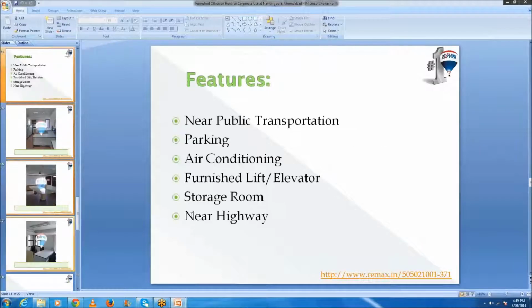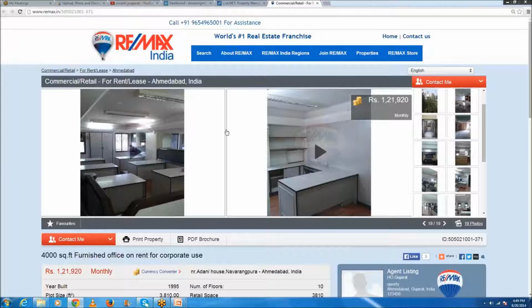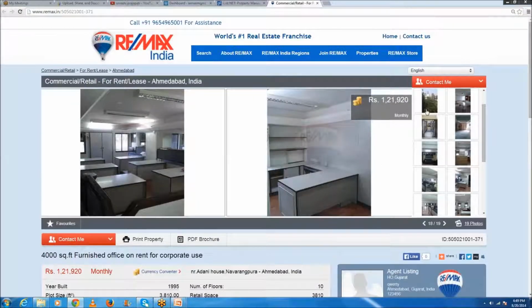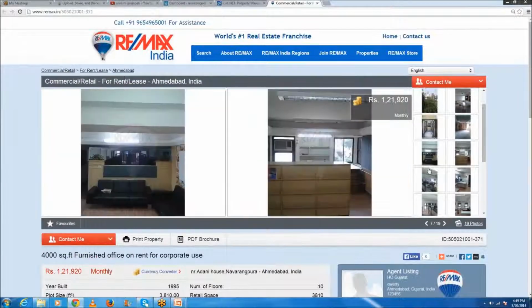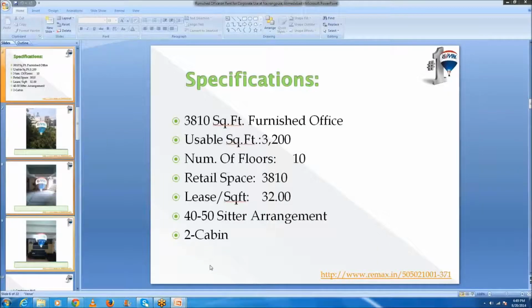So you are preparing a PowerPoint visual presentation for someone to see. As you have seen, there is a limited vision to this. This property is shown like this, and he has to go through each and every photograph like this, etc. Instead, the PowerPoint presentation is always more visible and more likable by everyone. So you have prepared a PowerPoint presentation.